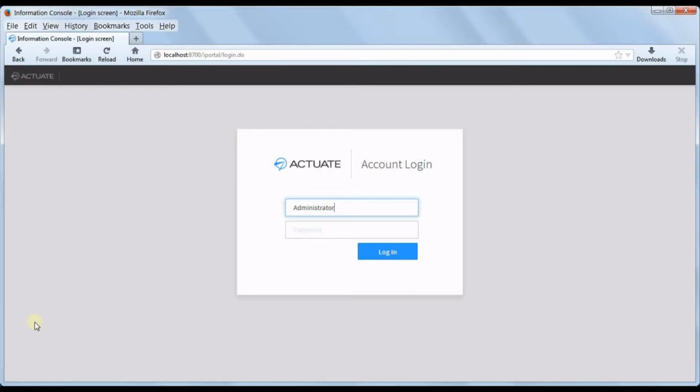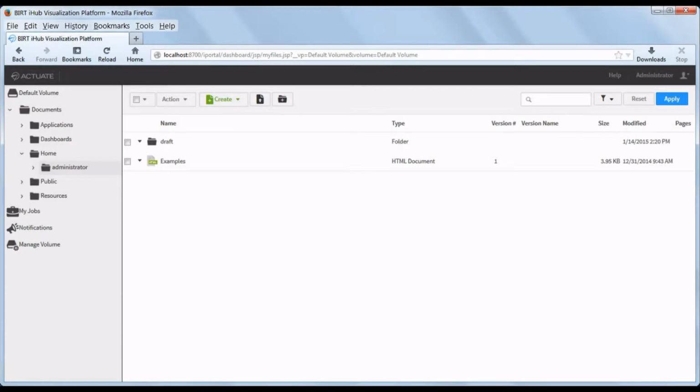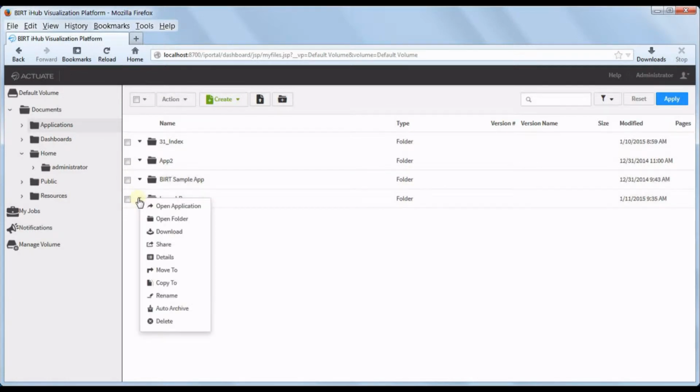Hi there! This video shows you how to create an application launch page, which is a new feature of iHub 3.1. So if we log into the iHub and navigate to the applications folder, you'll see a lot of subfolders. When you mouse over one of your applications, there's a new menu item called Open Application. Click on that,